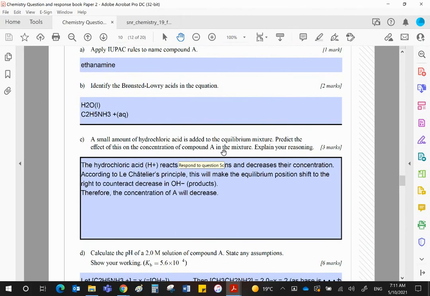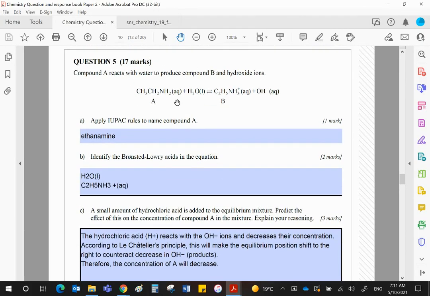Calculate the pH, a 2-molar solution. This is a weak base. So you do your 2 minus X, X and X. Your Kb would equal X squared over 2 minus X. 2 minus X can be simplified to 2 because it's a weak